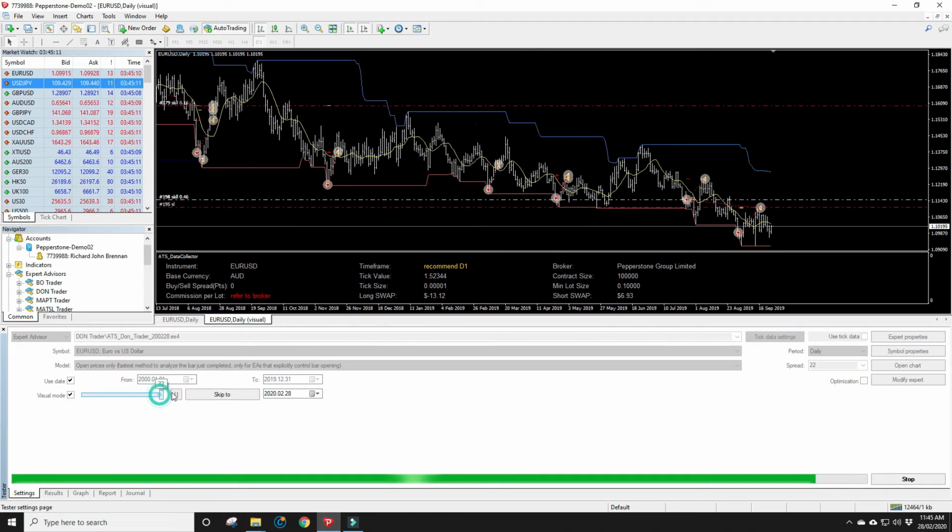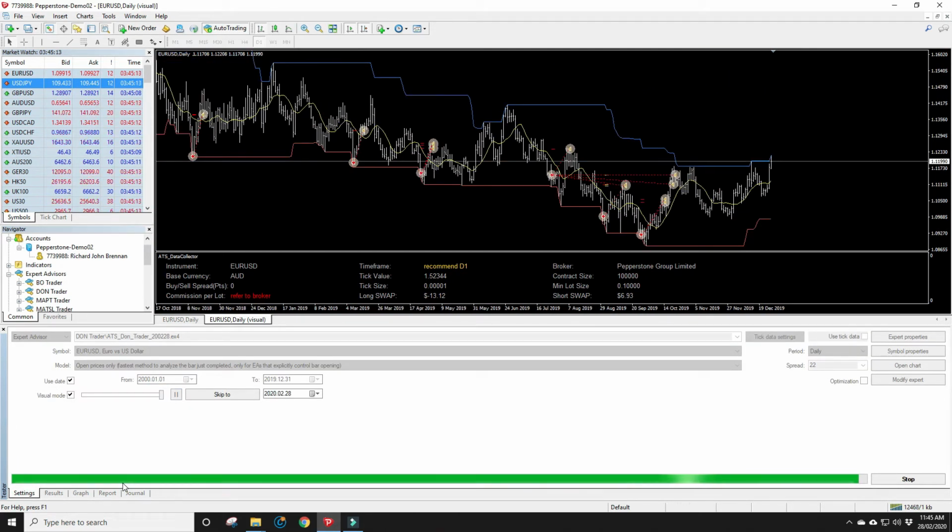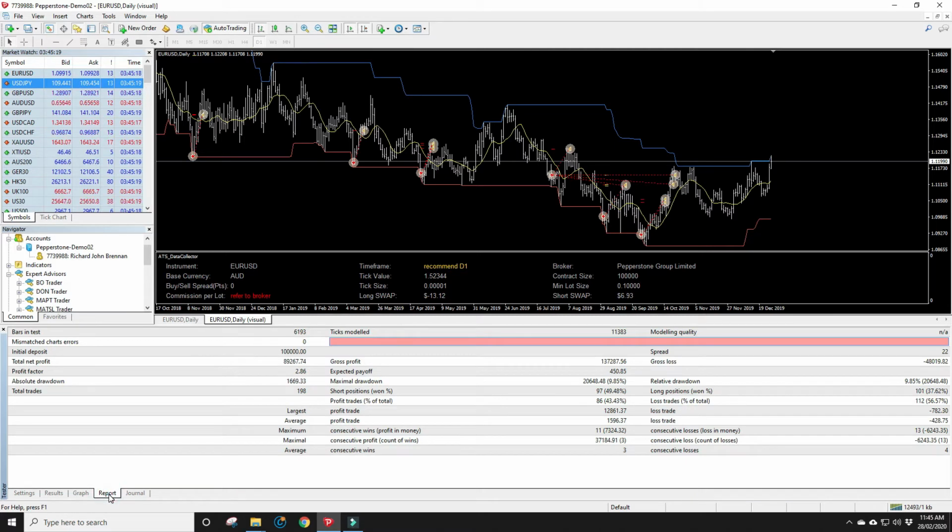So we'll just quickly finish things off. Now the backtest has run for the entire 20-year duration, and we'll have a quick look at the report. We get a very nice profit factor. We just check our average wins to our average losses. So our average wins are sitting at